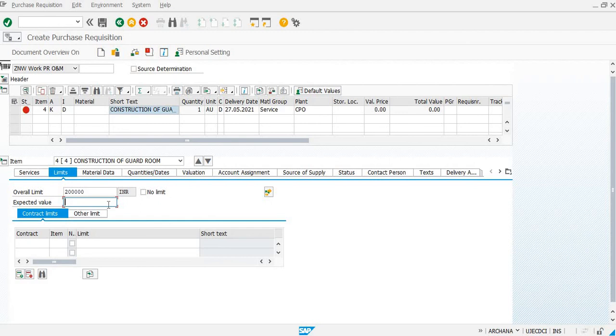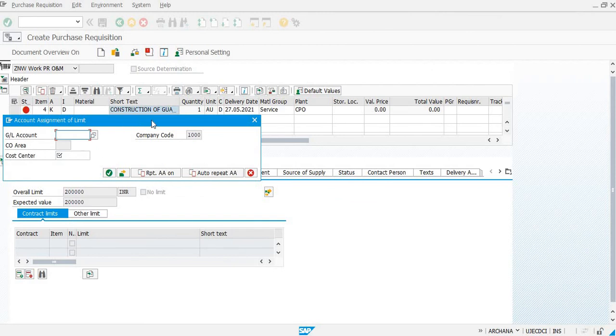That is, how much amount will be taken for different types of services. In expected value column also, we'll take the total amount. Then click enter.